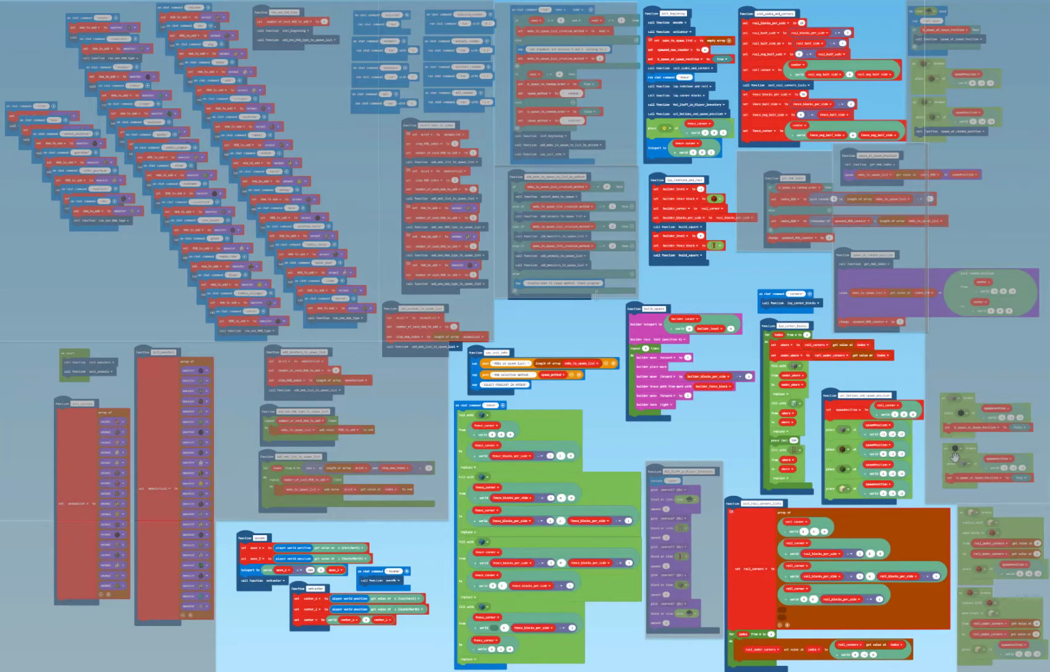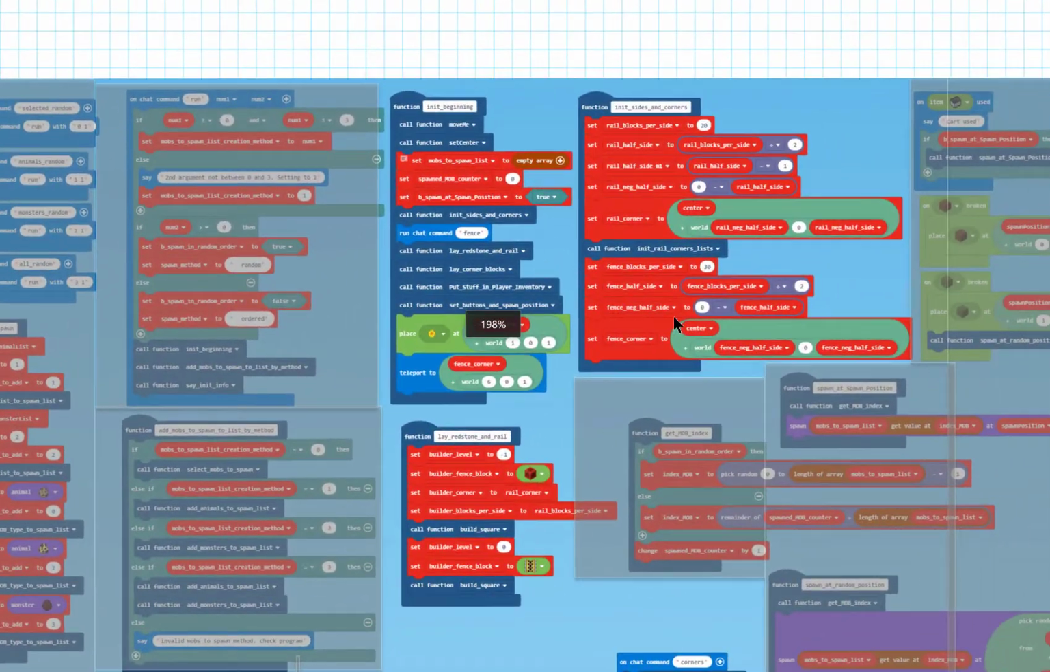Here it is. This is the code. And notice that some areas are grayed out and some are not. The part of the code we are going to talk about is the part that is not grayed out. And we're going to start here with